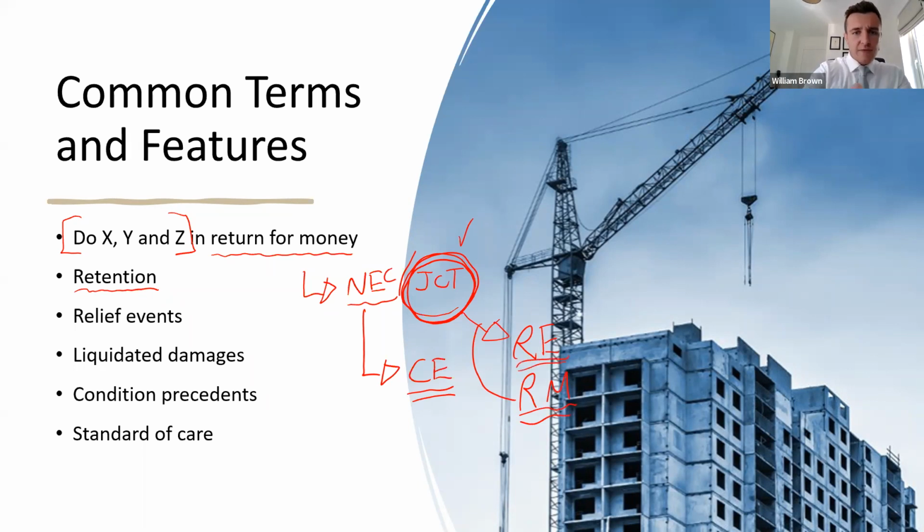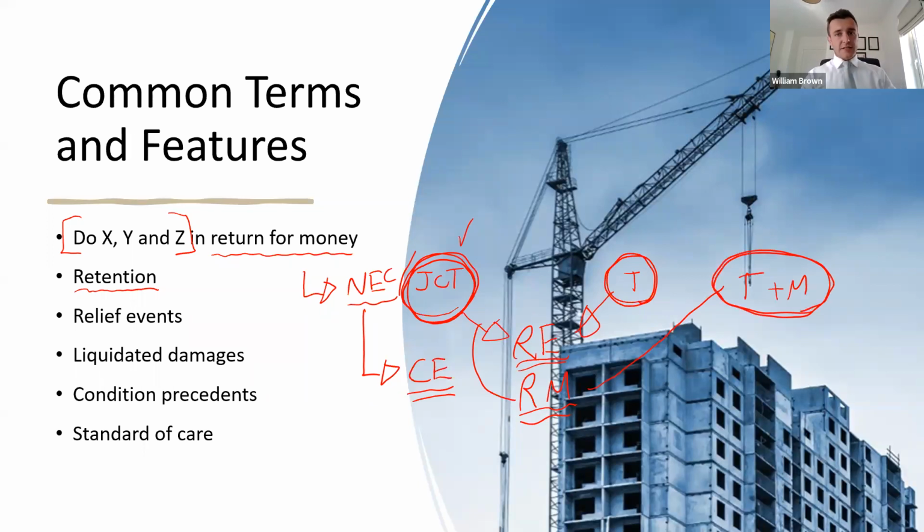So there's no compensation events here. There's two categories: relevant events and relevant matters. The relevant events, such as weather, for example, under JCT, will only entitle the contractor to time. They only get an extension of time for that, whereas a relevant matter would be time and the money associated with it, the associated loss and expense. So there's another example of how these two very common contracts are completely different in this respect. Under the NEC, all of those relief events are time and money, whereas under the JCT, some of them only give rise to an extension of time.